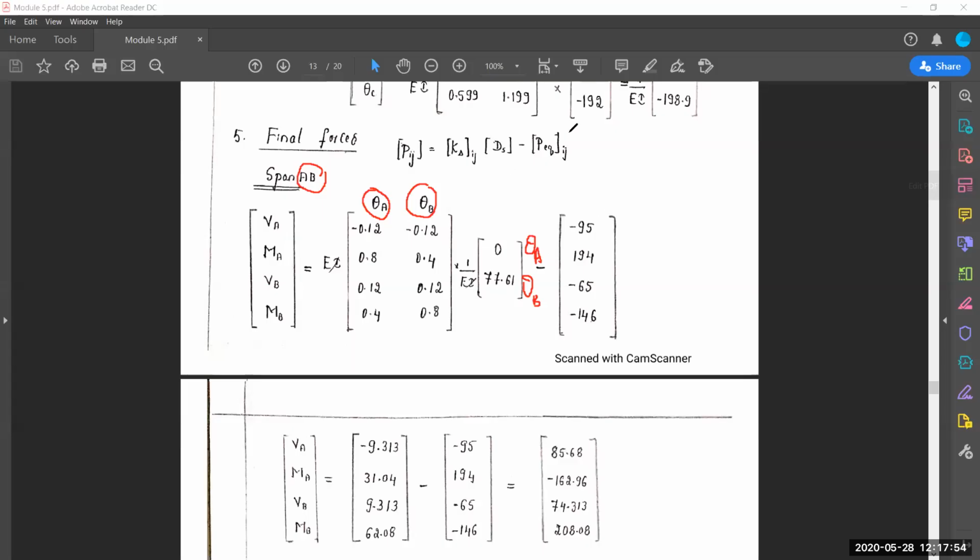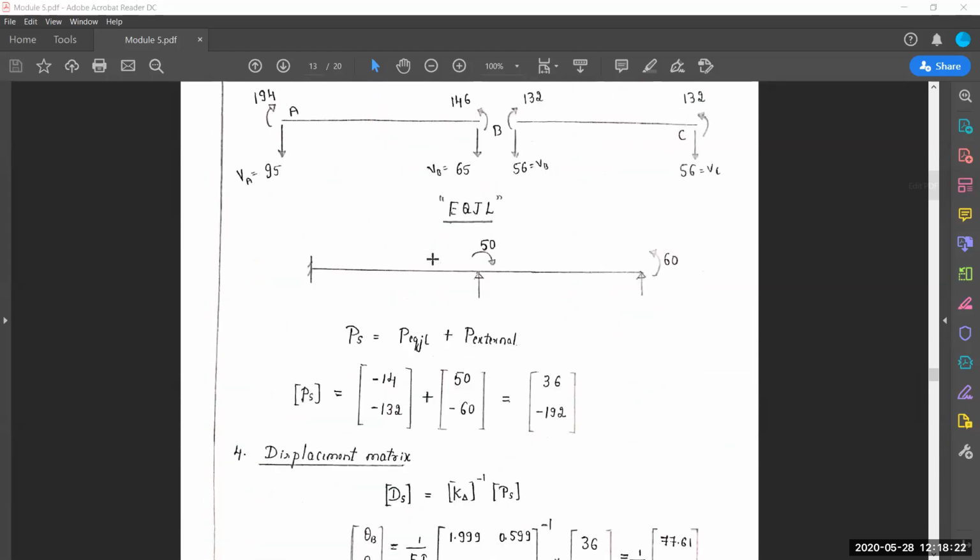Finding PEQJL is the next question. For this, again, you have to go back to your EQJL diagram. So, see what is the value of VA, MA, VB, and MB separately. So, based on clockwise, anti-clockwise, or moving upwards, downwards, the signs are written here, negative and positive. So, once I will check VA and MA now.